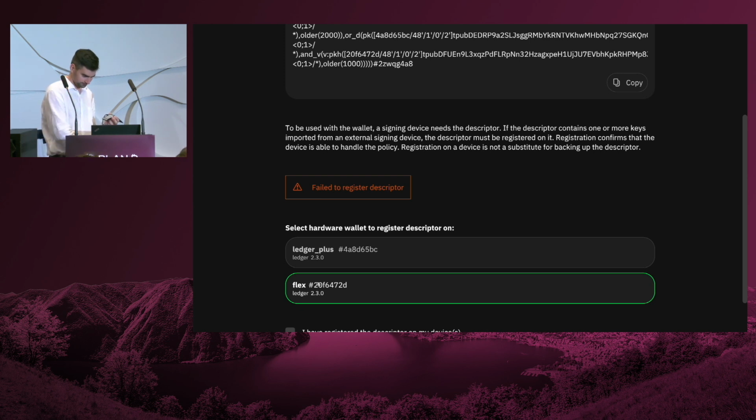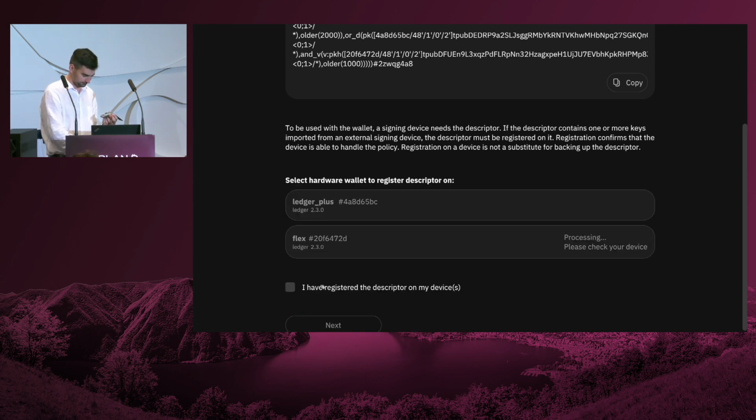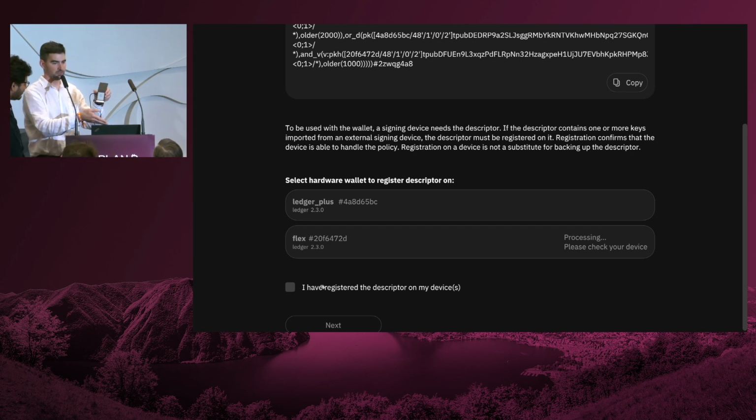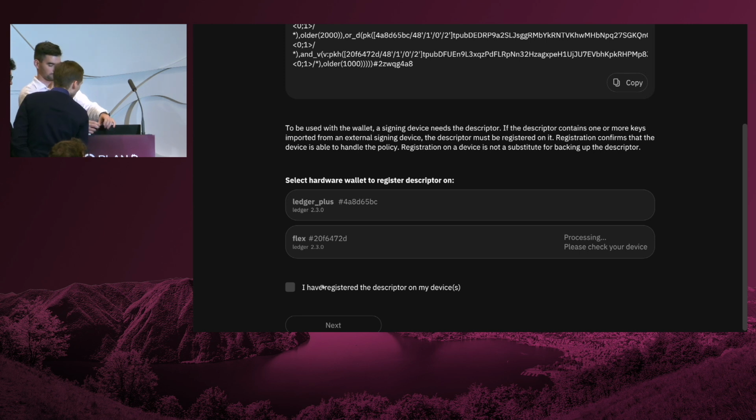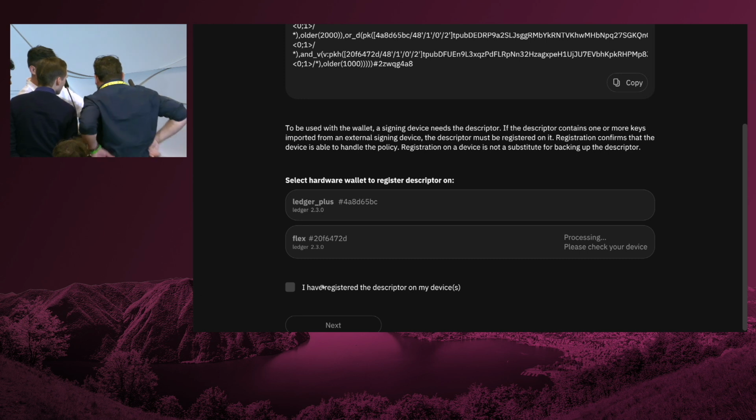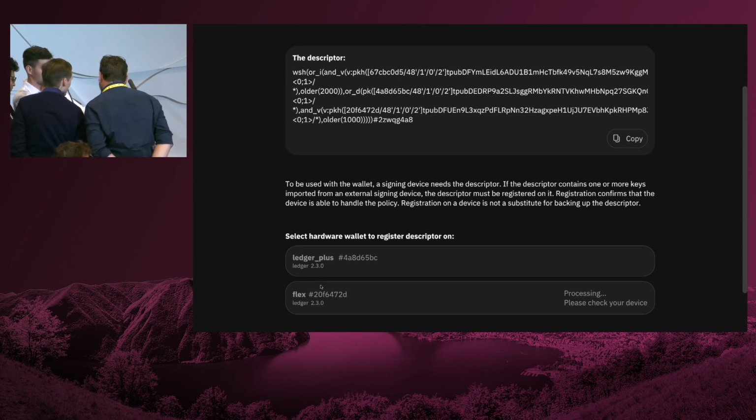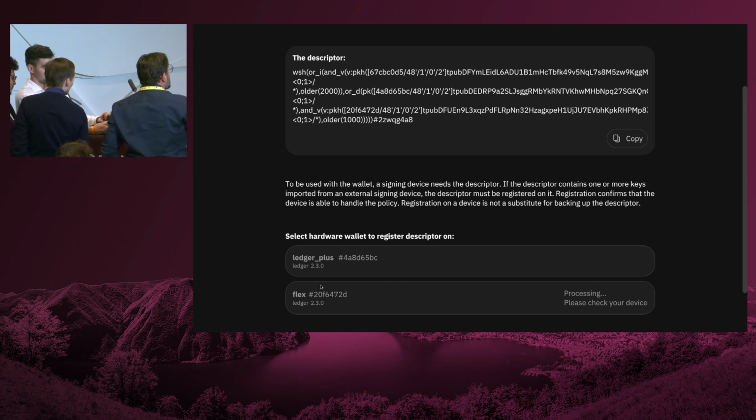Sorry. And yeah, this trend of having bigger screens on hardware wallets is starting to be very useful. If you want to see, you need to come closer, because I cannot display this on the computer. So, does anyone want to see how it looks? Yeah. So it simply shows you the descriptor, and it should be the same as what we see on the screen here. WSH, that's the type of the script, witness script hash. You have the conditions, you have the time lock, and so on.